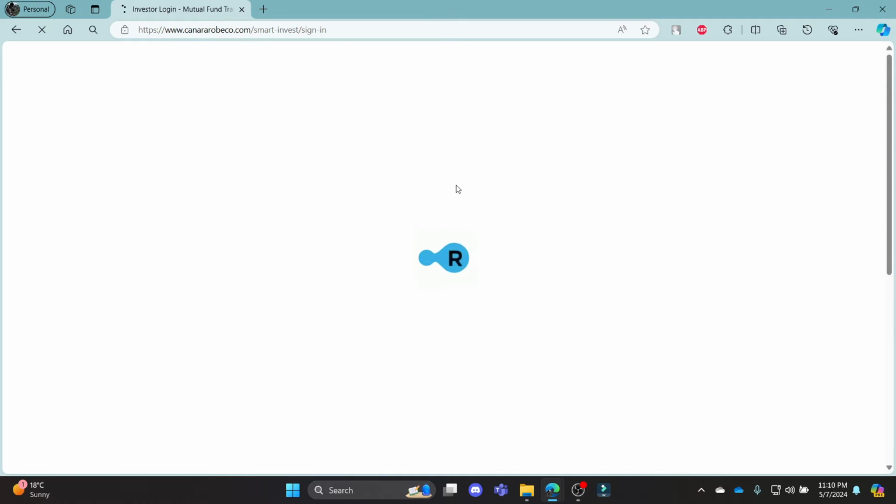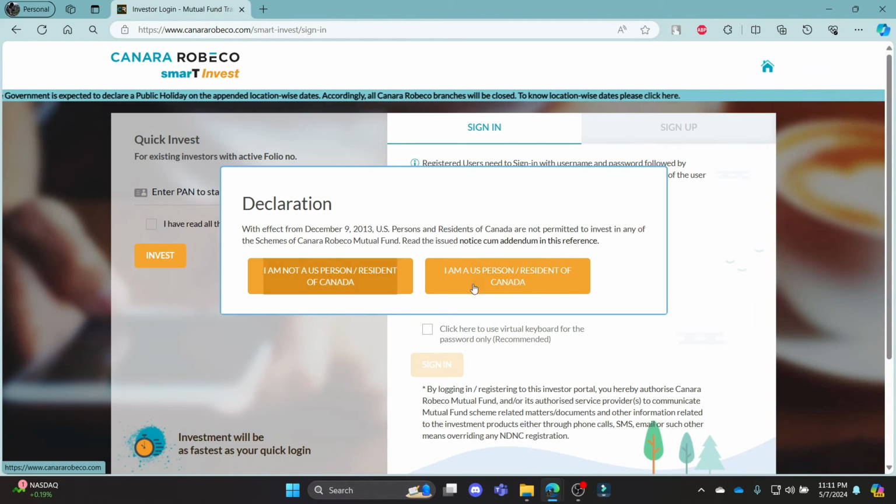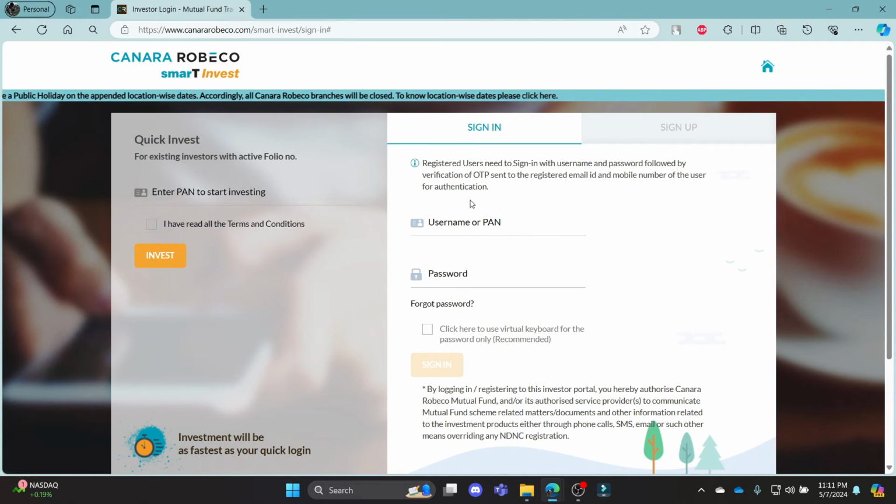It will take you to the official login page of canararobeco.com. In a while, you can notice that a login portal will open up in front of your page. You can log in using your email address or your username. So, you might keep your patience for a while as the login portal might open in a while due to some issues of login. So go ahead and click one of these and then you can log into your Robeco account